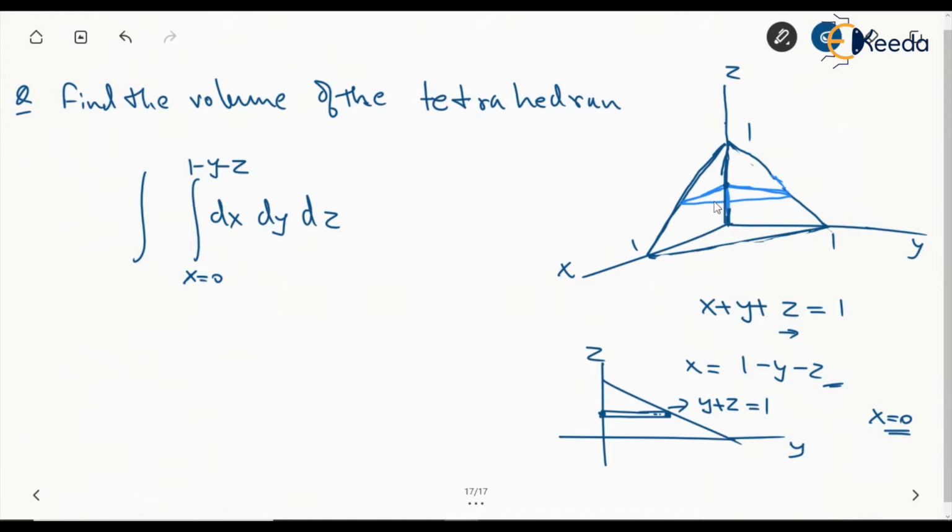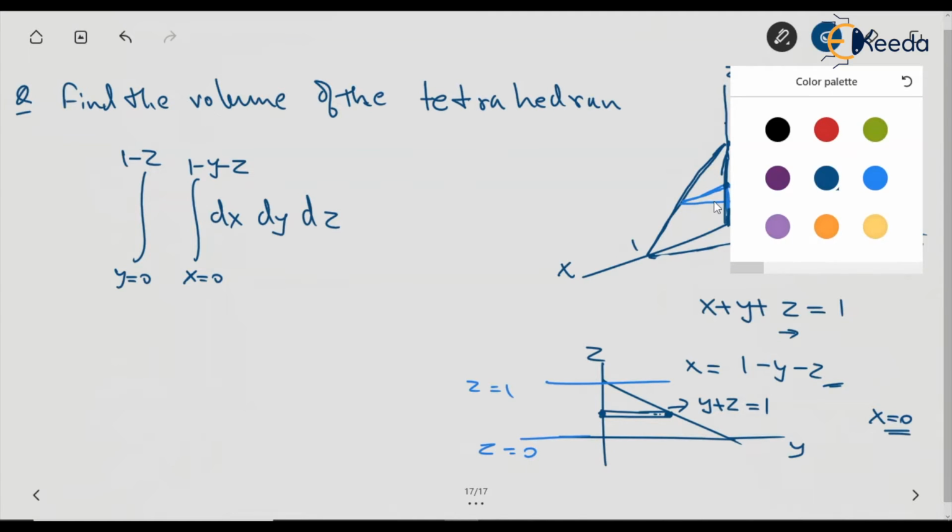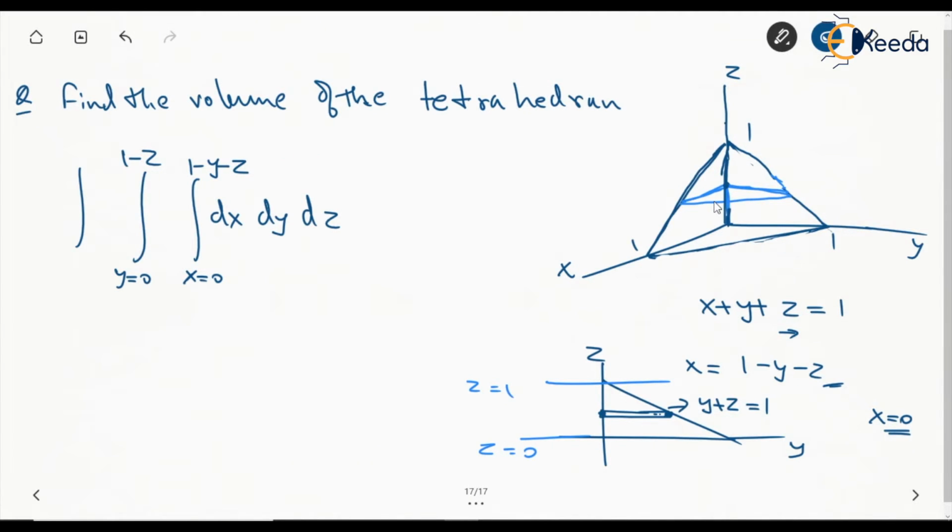It starts from y equal to 0 and it ends at this line. So from this line we can say it is ending at y equal to 1 minus z. So it is y equal to 0. So we know how to find the limits for y and z here, and the limits for y will start from y equal to 0 to y equal to 1 minus z. And for these horizontal stripes to be defined in the region of z equal to 0 to z equal to 1, we input this as the limit z equal to 0 to 1, right?